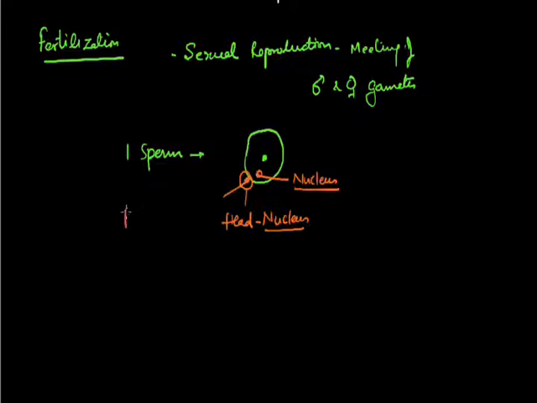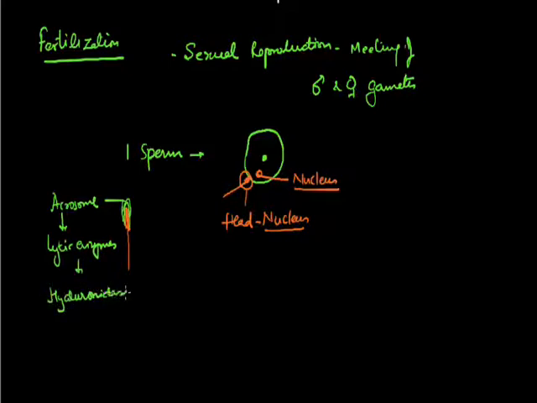The structure of a sperm should be very clear in your mind. This is the head portion, this is the tail portion. We have got this acrosome surrounding the head. This is known as acrosome. It releases some lytic enzymes like hyaluronidase, which breaks the egg wall to facilitate the penetration of male nucleus.